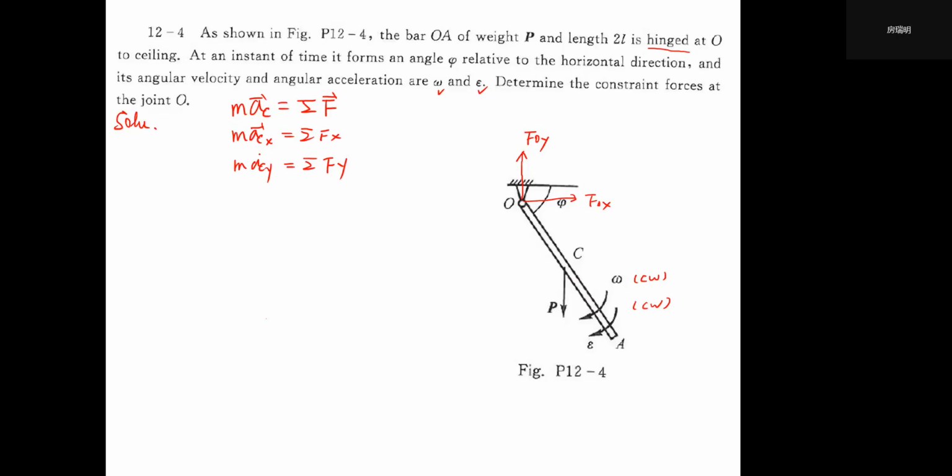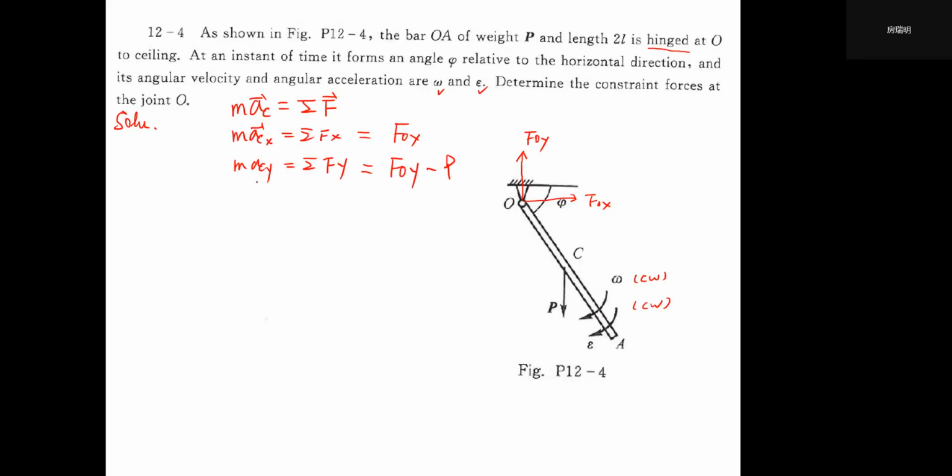Sigma Fx will only hit FOX, and sigma Fy is just FOY minus P. Because P is known, if we try to finish this problem,